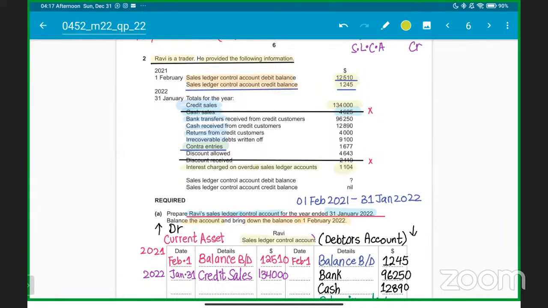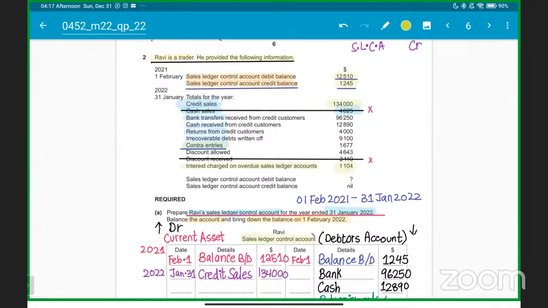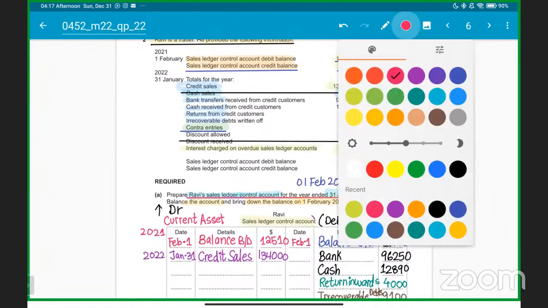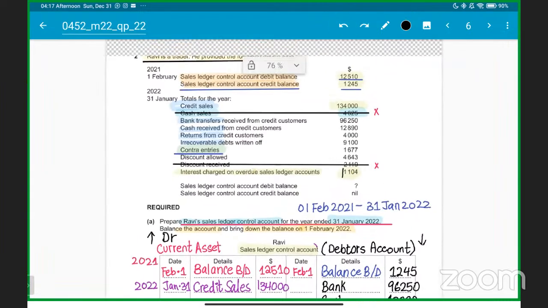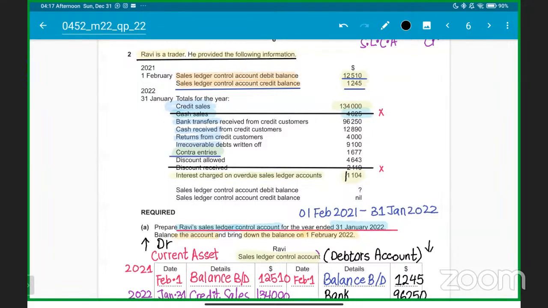Guys, getting it? Understood? Any questions? So interest, now understand the importance, because we are charging interest on the customer. Ravi is charging interest on the overdue sales ledger account. Any doubt in any of the items here, any explanation needed for any of the items here, do let me know. Although it should be clear what the definition of contra entries is. If they ask you